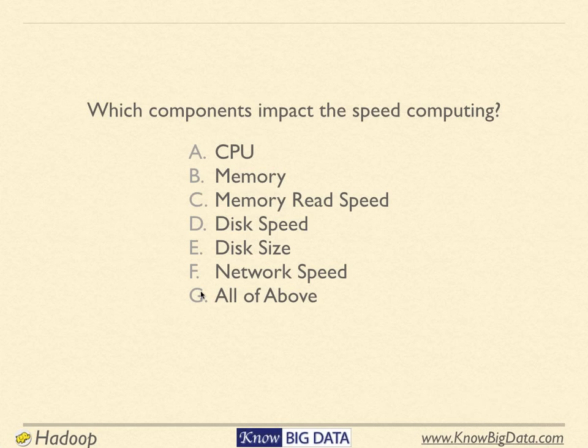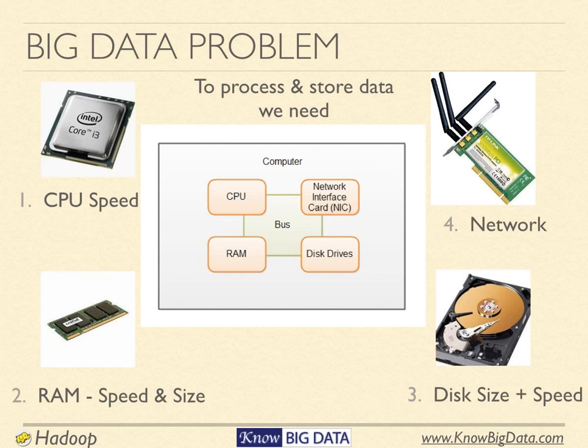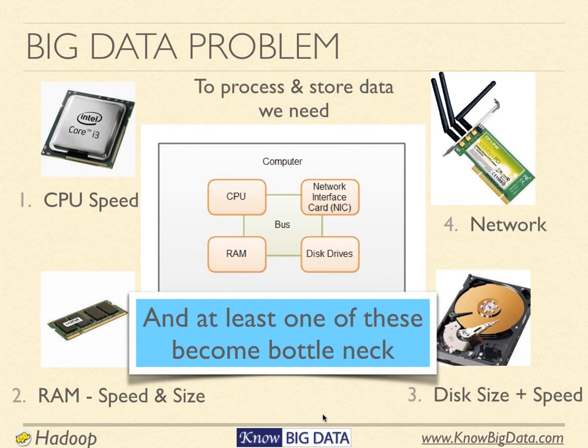To save the memory, we start writing the data to disk, and then disk starts becoming the bottleneck. And if the disk becomes the bottleneck, we start moving the data to the network disk, and then the network becomes the bottleneck. Okay. So in general, you can think of these four as the pillars of computing: the CPU, the RAM, the network, and the disk size and speed. And we keep on moving the bottleneck from one place to another until at a point of time we realize that we cannot do anything.